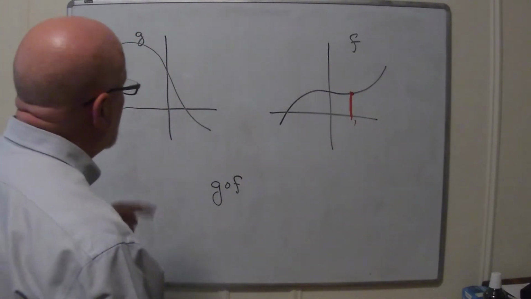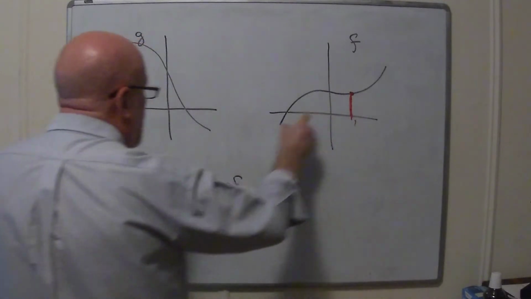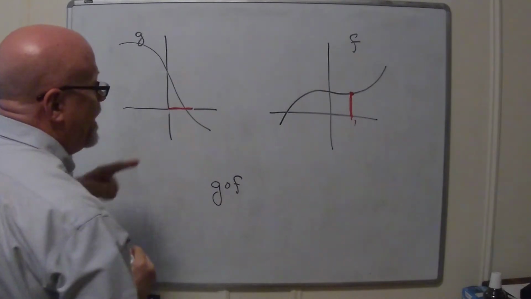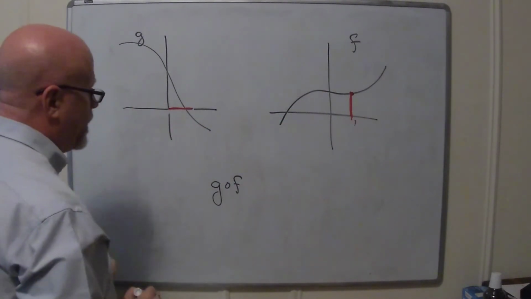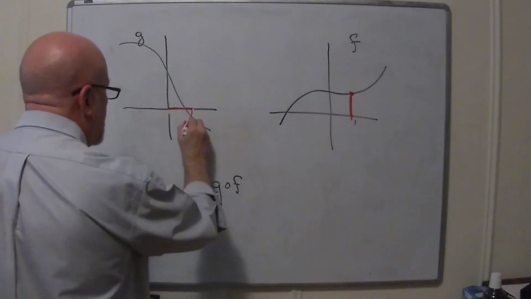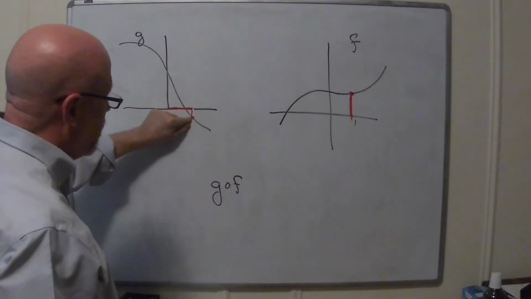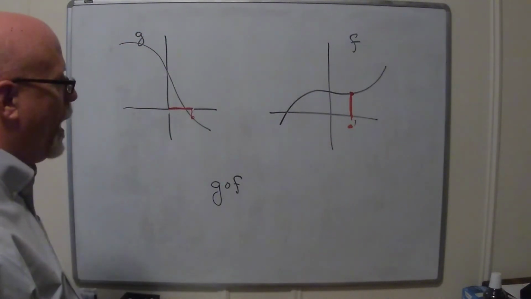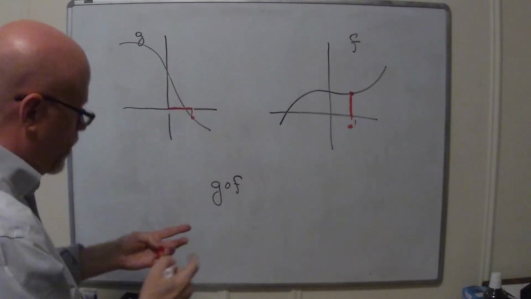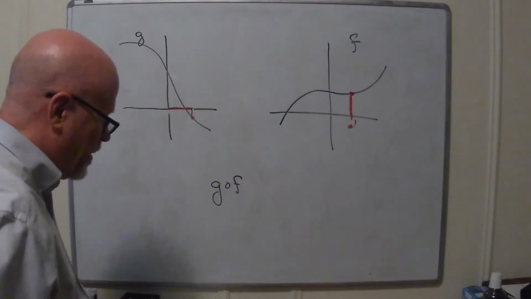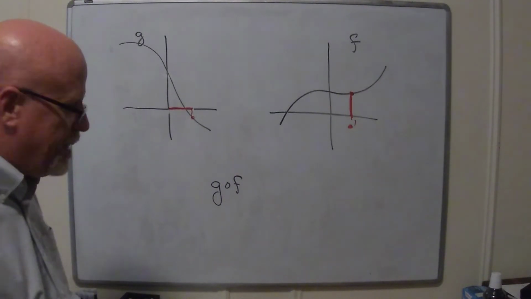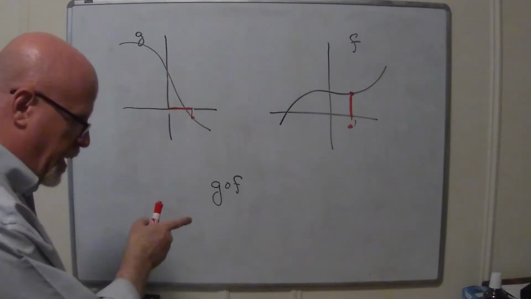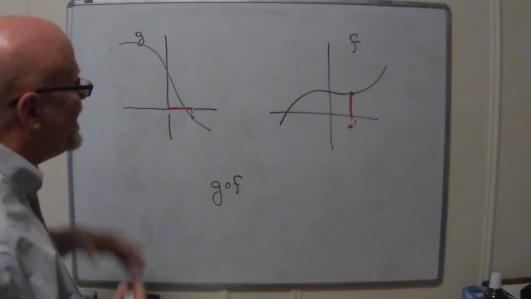Great. Then I have to come over to this side and turn that bar sideways, right? And put that same length right on here on the x-axis, because I want that output to be viewed as an input on this guy. And then I get an output. And then, finally, I take that y-coordinate and come back over here. That's a spot that's on g of f. Wow. So this sort of graphical work to compose things with functions, it's not easy, and it's rarely necessary. So almost always what we're going to be doing is either the tables or the functions. But you should see that it's conceivable to do this.